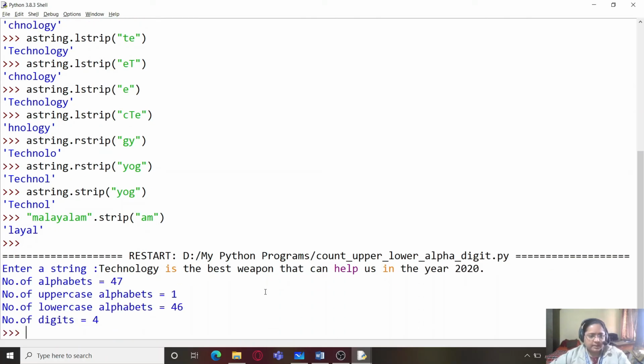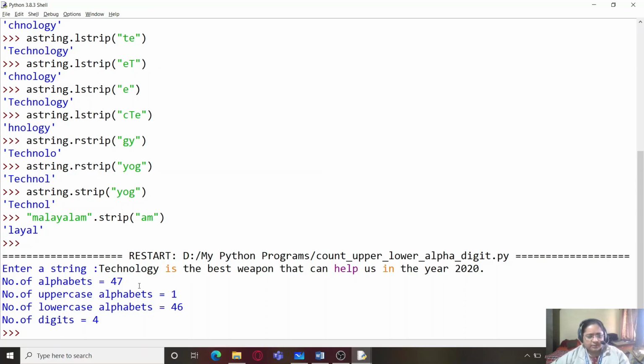So you can see I had just typed a string where we have 47 alphabets, one uppercase alphabet here, that is T, and number of lowercase alphabets are 46, that is one less than 47, and four digits are there. So this is how we can easily create a program.